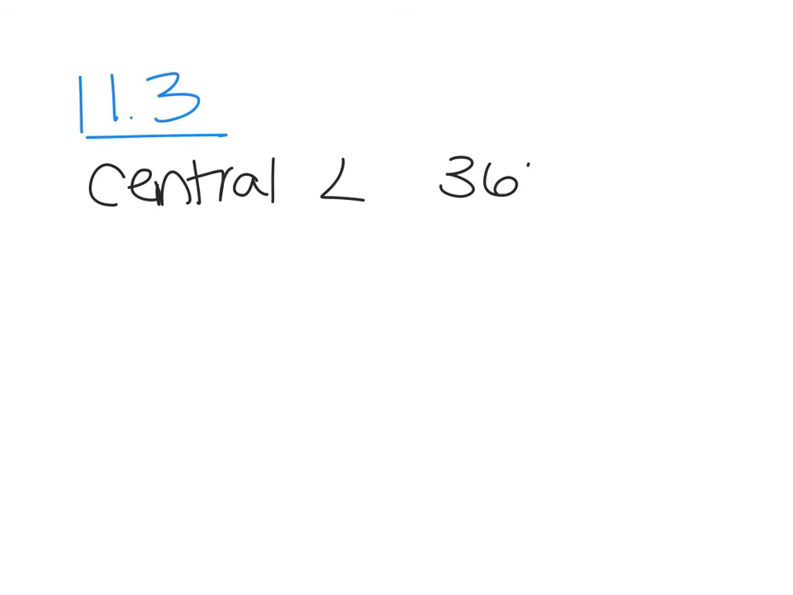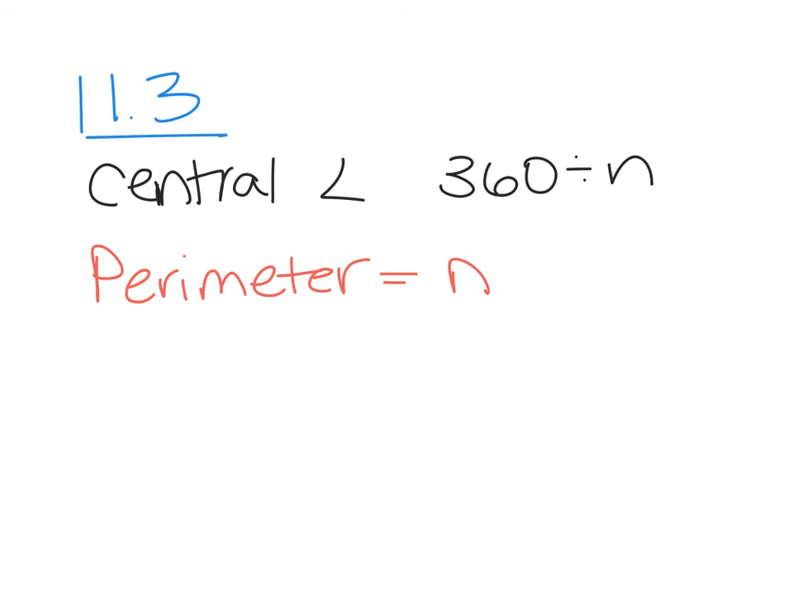And the last section we did, which was just what we just finished yesterday, 11.3. So to find the central angle, we would do 360 divided by the number of sides. To find the perimeter of a regular polygon, it'd be the number of sides times the length of each side. And then the area of a regular polygon